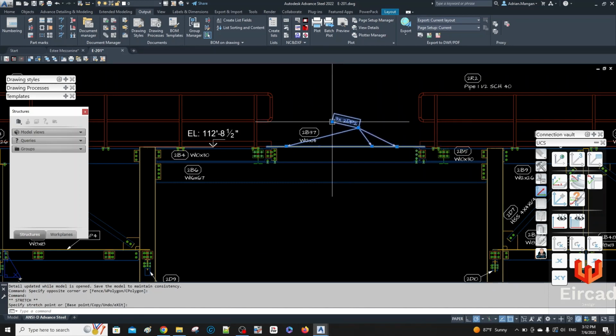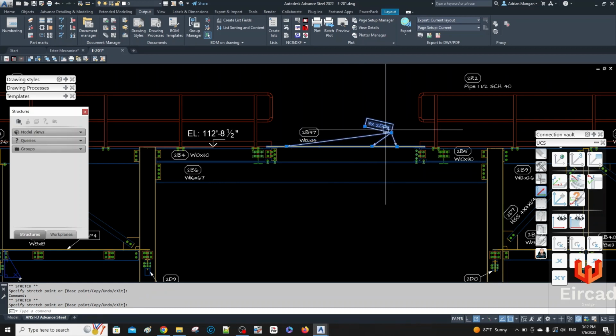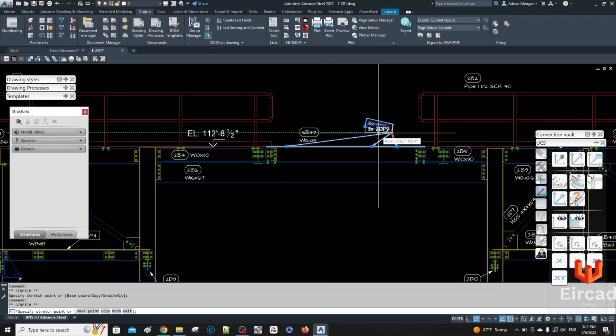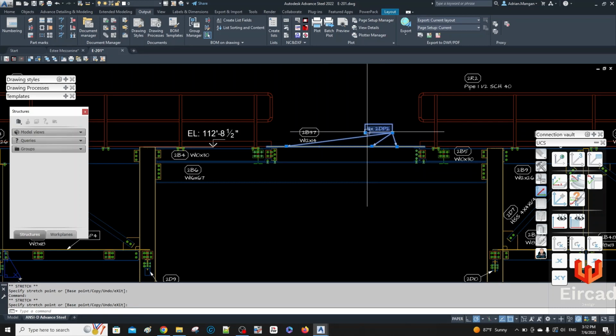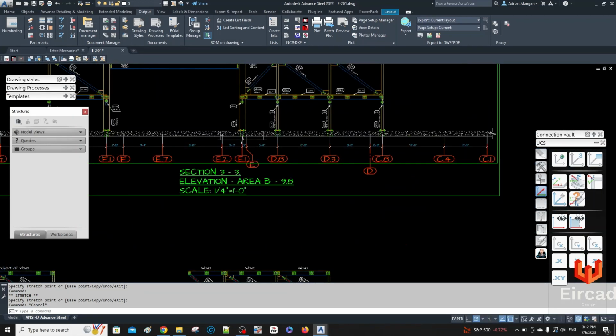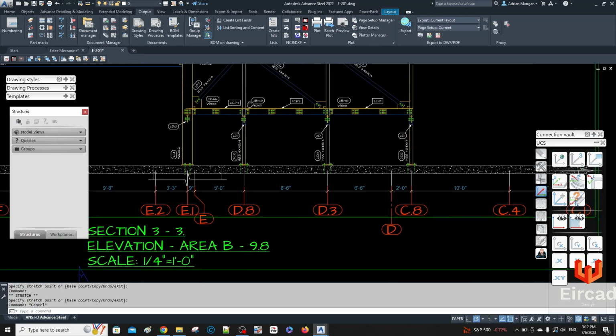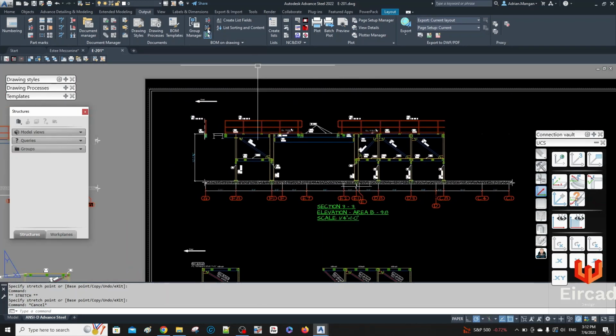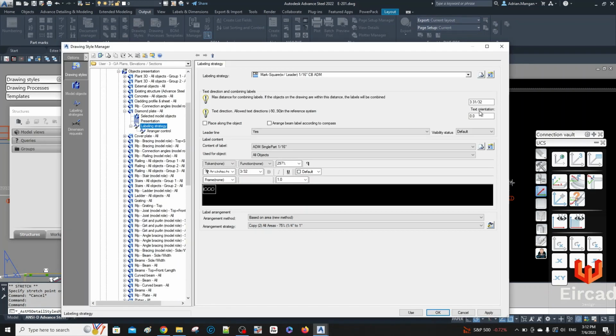So that can tidy up your drawings. I'm not a huge fan of that, to be honest with you. It is handy if you're stuck for room, but I almost like separate labels. So if you don't want to combine them, with the 1 inch that I had, it was combining them, right? Let's just check that these didn't get combined. These don't have the same numbers anyway, so they should be good. So let's go back in and switch it back to the other one. I don't want to combine it, so